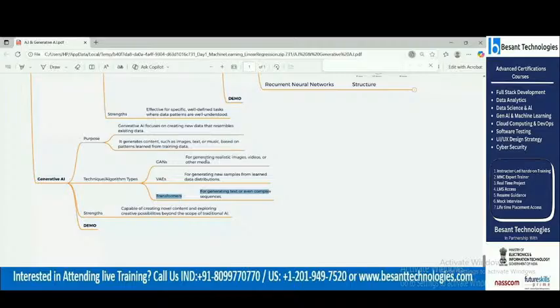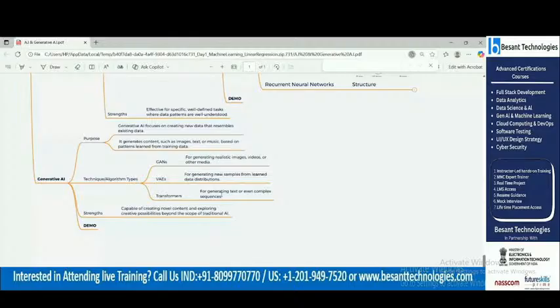Are you getting it? So transformers are just for generating text or complex sequences. They are not used with images and videos. If images and videos are there, you will use a generative adversarial network.